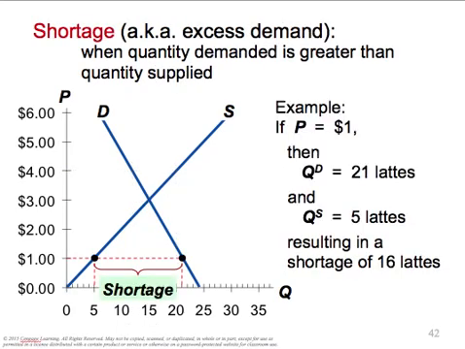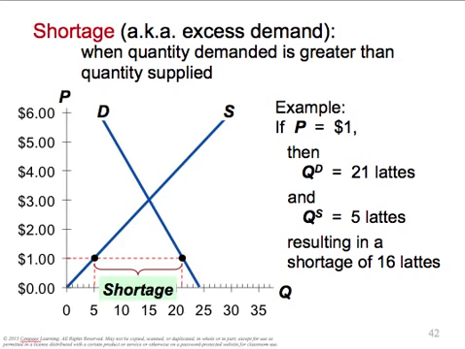So let's look at the opposite. Shortage. In other words, excess demand. When the quantity demanded is greater than the quantity supplied. Again, there's a lot of backstory as to why this can happen. For now, we just want to keep it simple and say, what if in this example the price of a